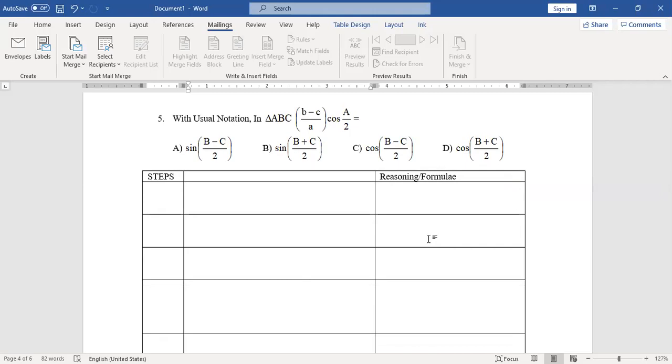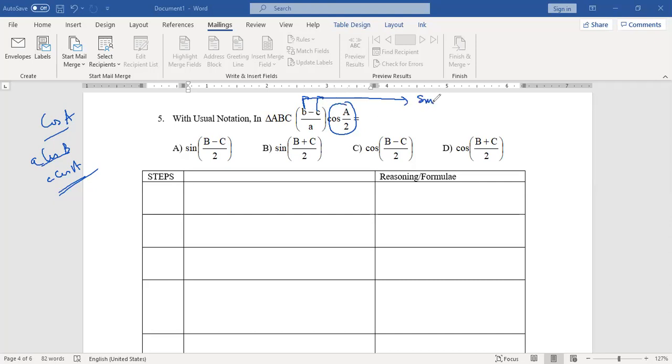Which rule will you apply? You see small letters b and c, and you don't have any of the cosine rule terms. The cosine rule cannot be applied here because there is no cos A, no a cos A, no c cos B; those terms are not present. But we have single letters b and c. So we need to convert the single letters b and c to trigonometric ratios.